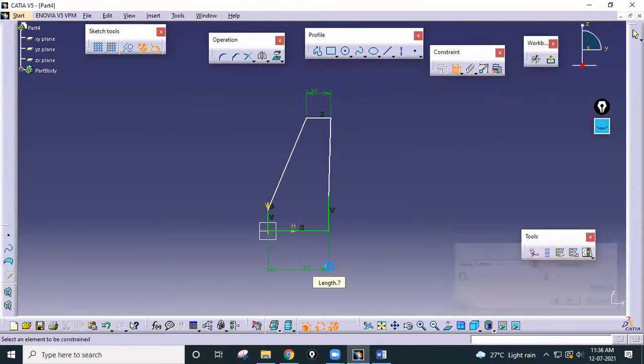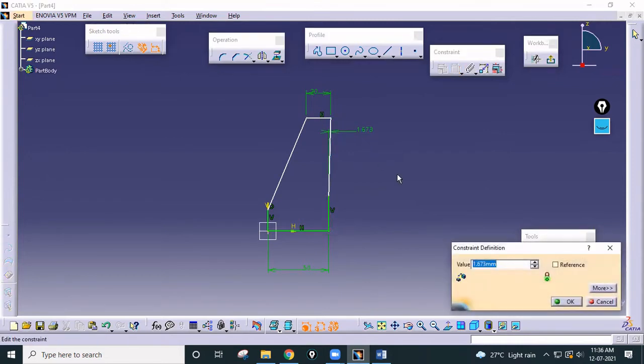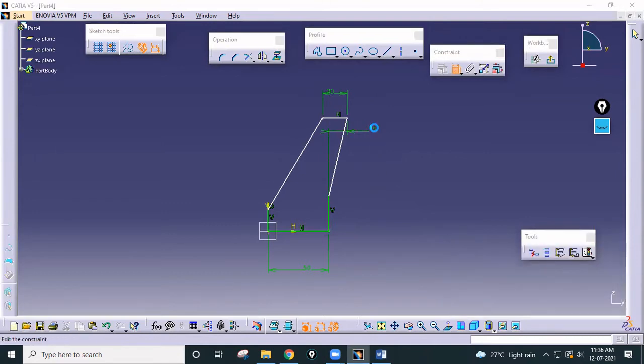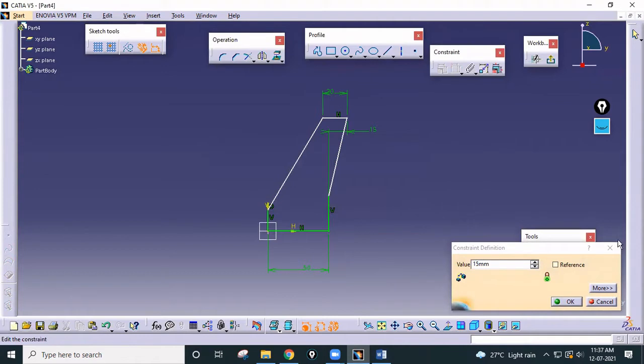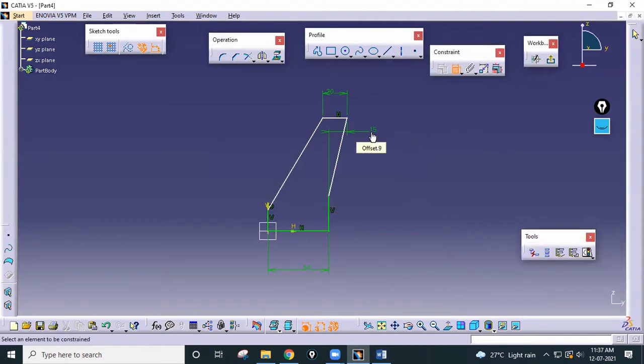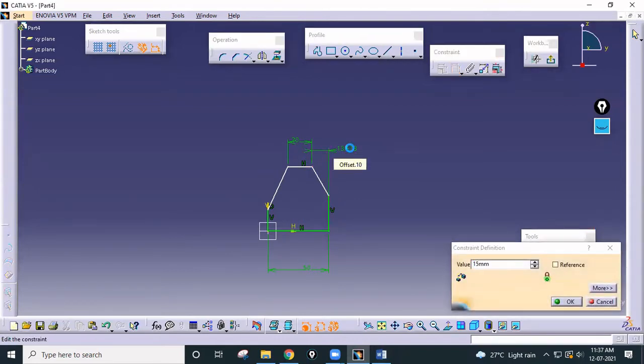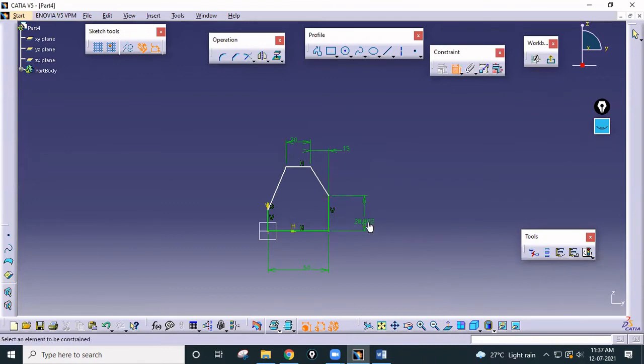This is 50. Now from this to this is around 15. So you can give this as a minus 15, or you can just move that to this direction, and now we can give the dimensions that from this edge to this point is only 15. Okay, and this one is again a 7.5.